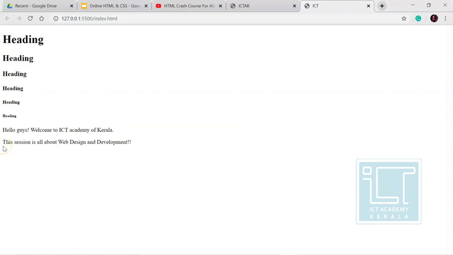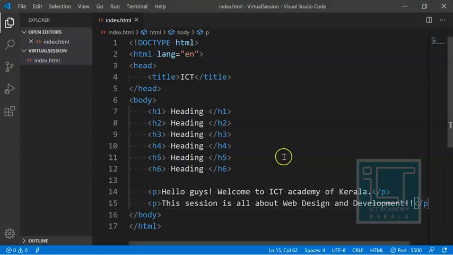Whatever the updates or changes that you are making in the Visual Studio is being reflected in this particular web browser. So that is the use of Live Server. Each and every time that you are making changes, we don't need to come here and refresh each time. So that is the difference with Live Server. So each and every time that we are making any changes will be automatically reflected in the browser. So I hope you now understand the importance of Live Server. Okay, so that's all about the heading tag and the p tag.